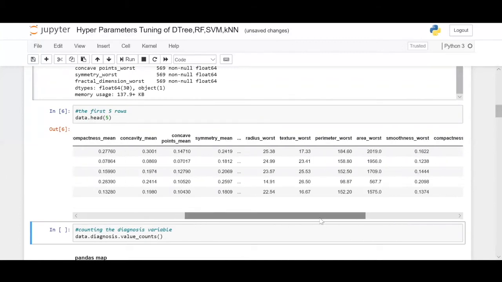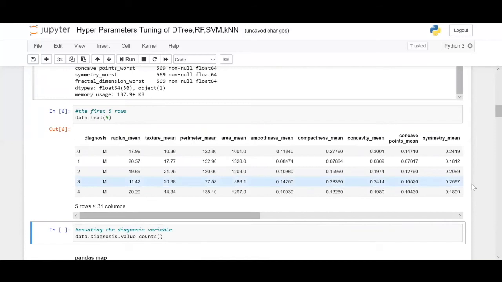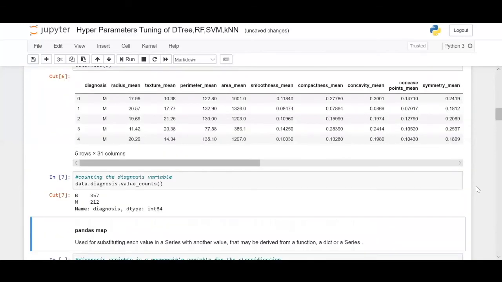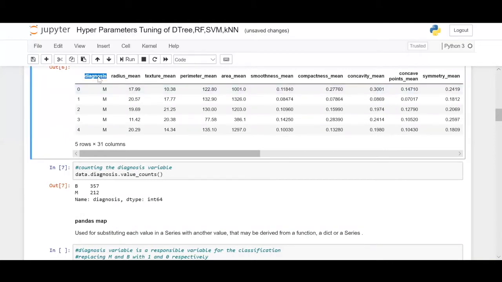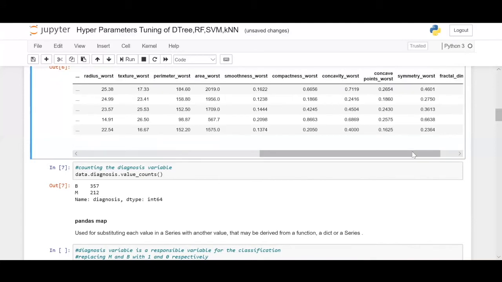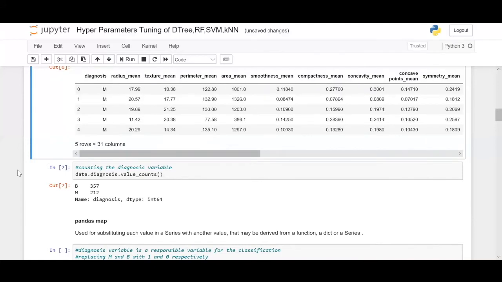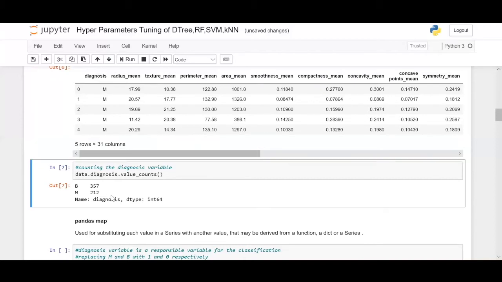These are all the important features that we'll be requiring for analysis and prediction. And these are the classifications it should be following. So diagnosis, right? Diagnosis is the target variable, and from radius mean all the way to the last column, known as fractal dimension worst, all of these columns are the ones which you use to predict the target variable.